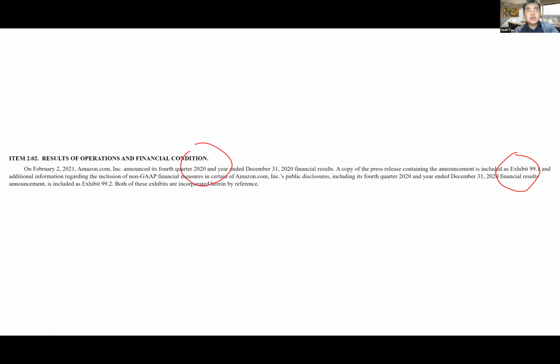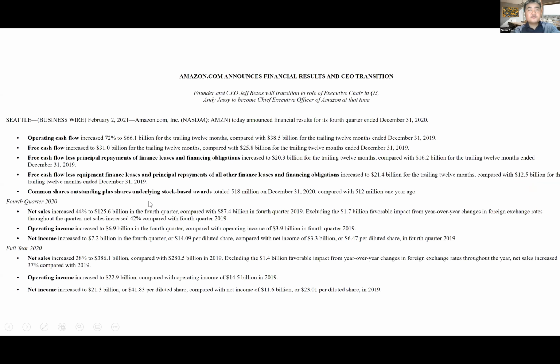First, the financial information here is more timely than financial information from a quarterly report or annual report. Second, a lot of information is not in 2.02. A lot of information is actually in the exhibit. So when you do textual analysis, you have to go to exhibit 99.1, because this is from exhibit 99.01.